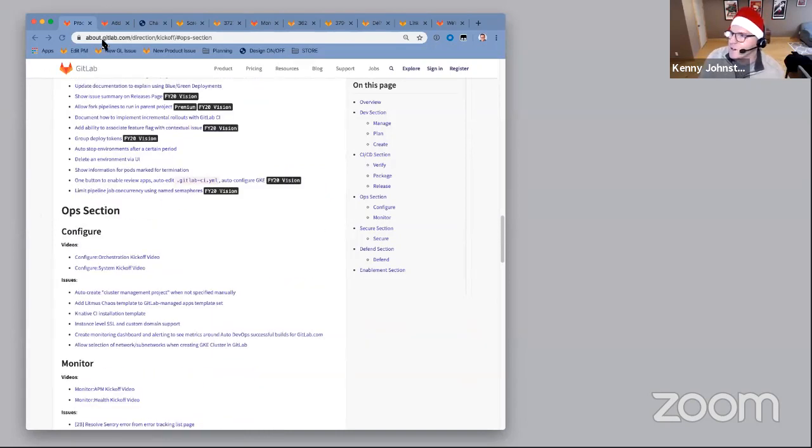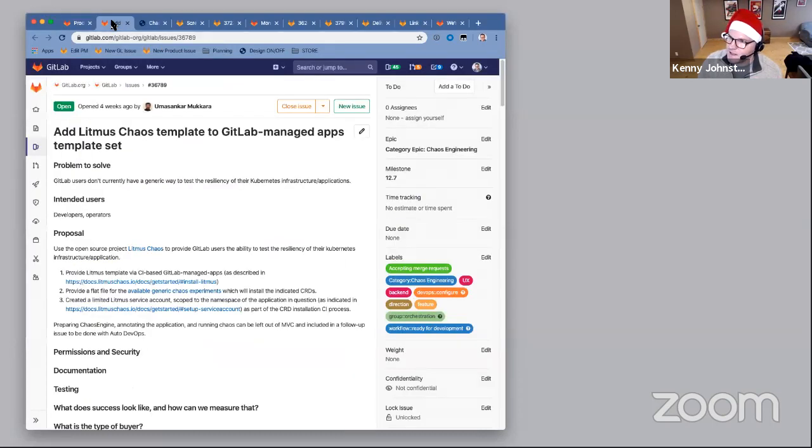I'll start in configure. So our first one is a really cool MVC that I'm excited about that is about adding chaos engineering to your Kubernetes cluster. So today you can attach a Kubernetes cluster to GitLab, and there's a burgeoning movement to enable you to test various failure scenarios to ensure that your application remains resilient throughout those failure scenarios that Kubernetes in general and great microservices application architecture practices help you avoid. We're going to be starting our MVC in that process by adding an open source tool called Litmus Chaos to the types of apps that you can install to your Kubernetes cluster.